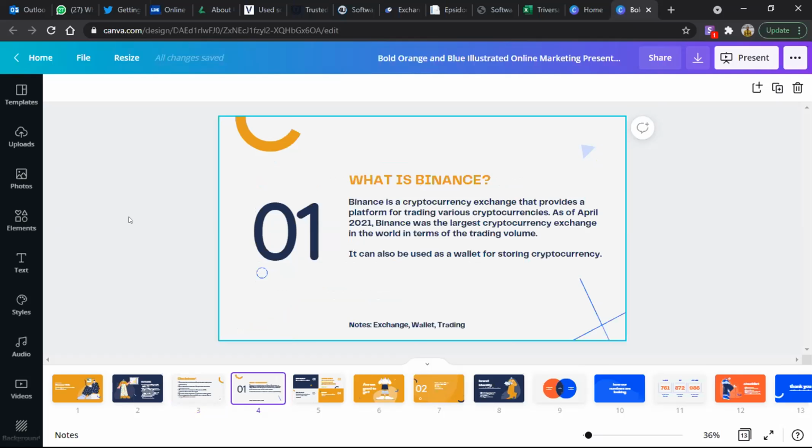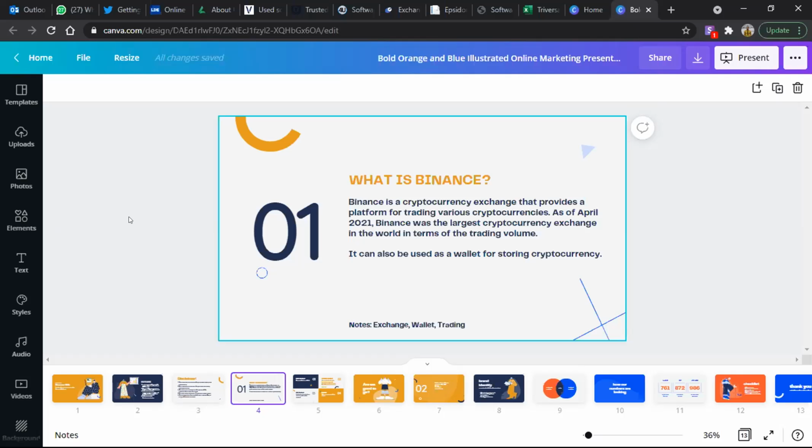What is Binance? Basically, Binance is a cryptocurrency exchange that provides a platform for trading various cryptocurrencies. It is an exchange. Note that word, exchange. When we say exchange, it's a platform where you can swap one currency for another currency, whether it's cryptocurrency or normal fiat currency. Okay, you can swap anything, whether crypto for fiat, fiat for crypto, crypto for crypto, or fiat for fiat. Whatever platform helps you exchange currencies is an exchange, and Binance is one of the largest in terms of trading volume. So that's why we recommend Binance all the time.